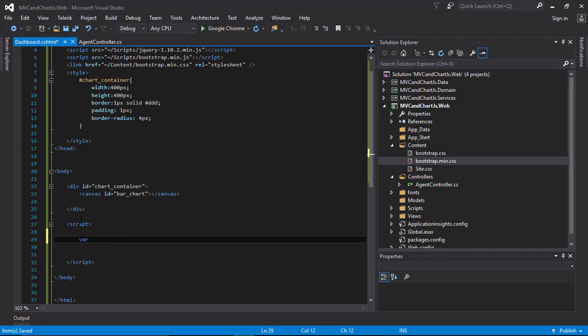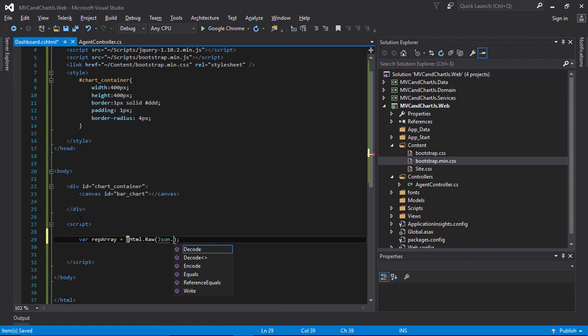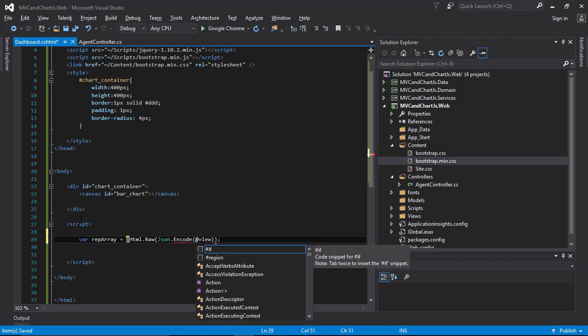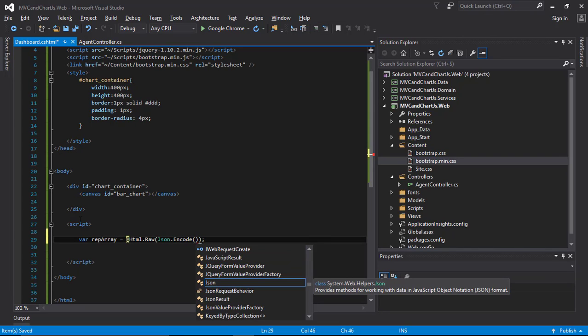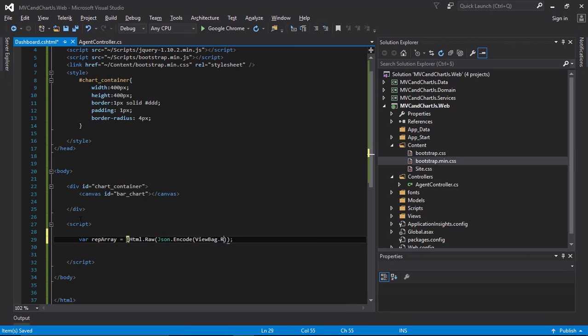So I'm going to create a new variable, I'm going to call it rep array. So html.raw, JSON dot encode, and here I'm going to write viewbag dot rep. And the second variable will be the same thing: html.raw, JSON dot encode,